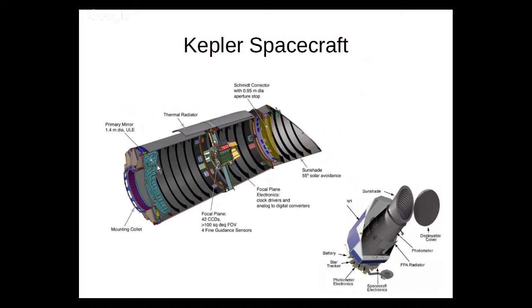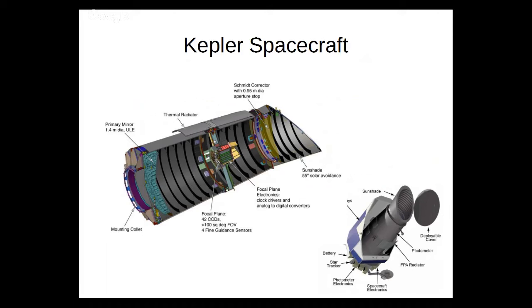So the light comes in, bounces off this back mirror, and comes up onto these focal plane detectors. The way that Kepler does this is very much like what you have in your camera phone. Any digital camera you might have has a computer chip in it called a CCD, a charge coupled device. And depending on the size of that CCD, you get a certain amount of resolution, you get a certain size